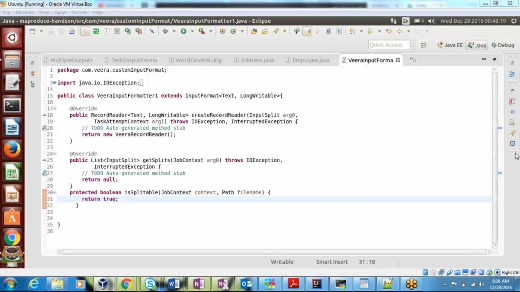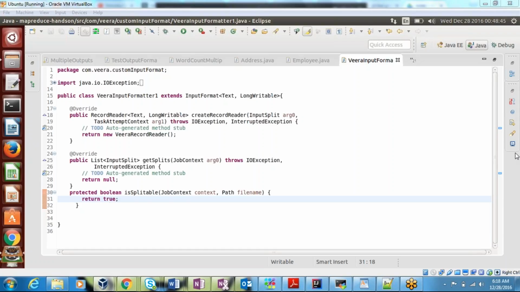If you don't have any suitable input format for your data, let's say you are going to process some different kind of data, XML data, CSV data, or Excel sheets, or something else, and you don't have a suitable input format,